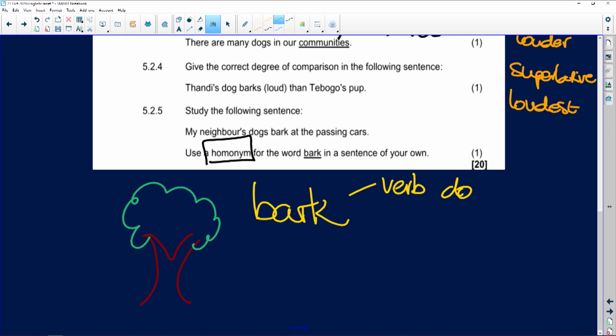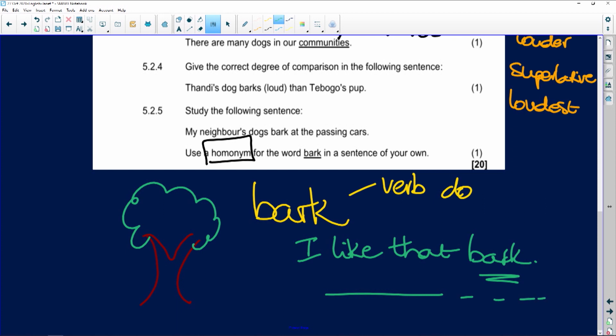Right, so we've got the bark of a tree. So you could say something like, the bark of that tree is very attractive and I like the look of it, or something. Try to show that you understand the bark of the tree. In other words, don't say, I like that bark, because I don't know what this is. Maybe this is, I don't know, cup of tea. So I like that bark. Please could you paint that tree for me so I could see the bark? Make sure that you are showing that you understand the word. All right,